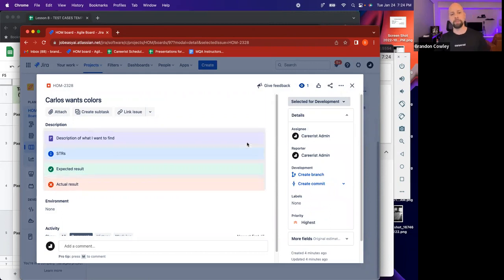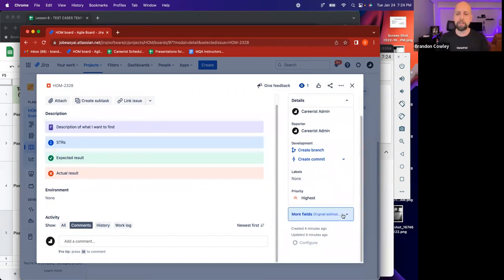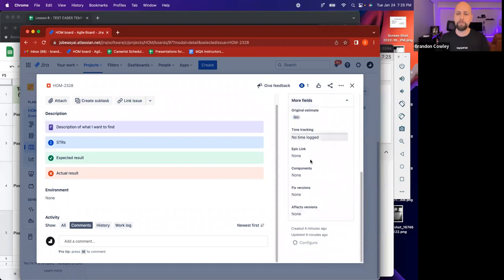And this is also a little bit limited. There are more options when you have your enterprise version of Jira. There are more fields in here. You can define what sprint it's in, what labels it has attached to it. Fixed versions: if there is a fix for this coming down the line, developers might put a fixed version in here, but we don't really need to entertain that tonight.